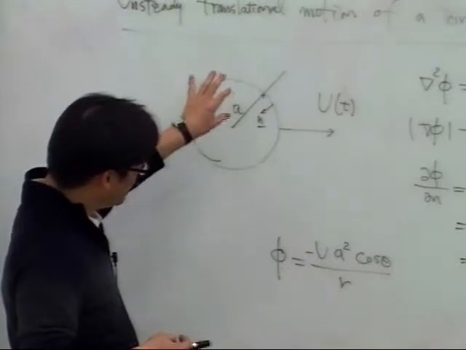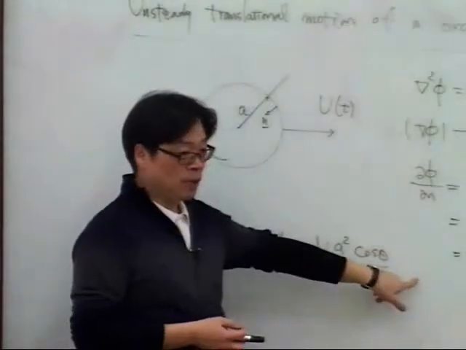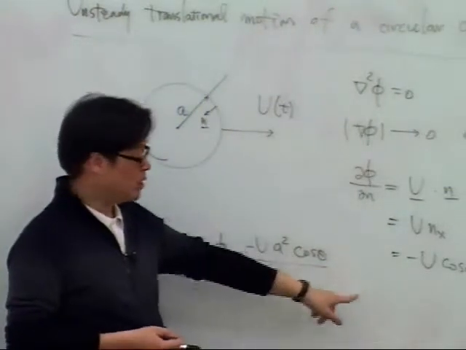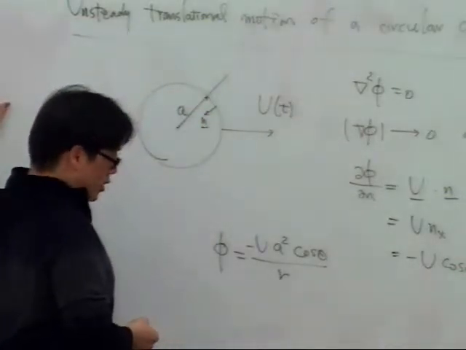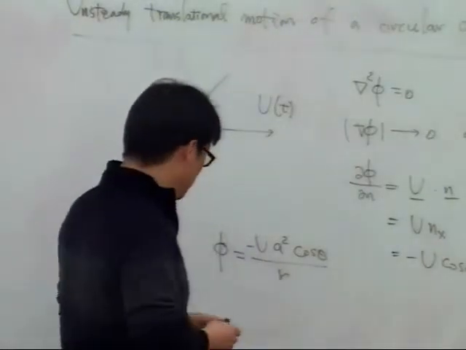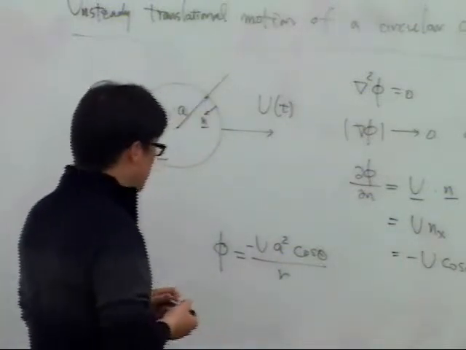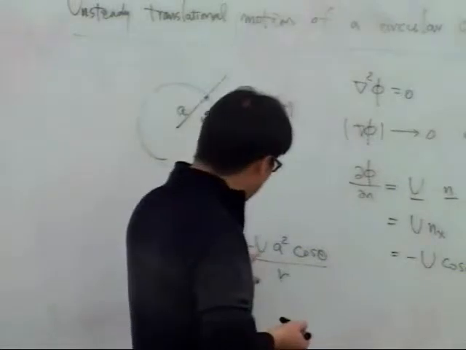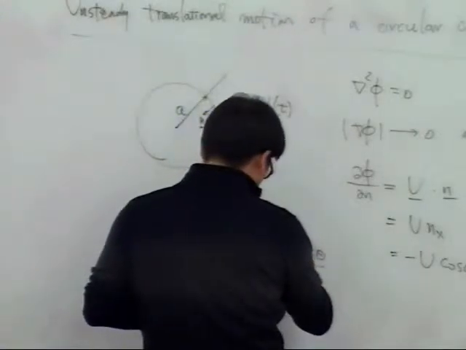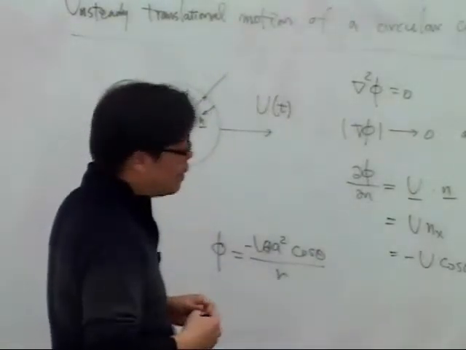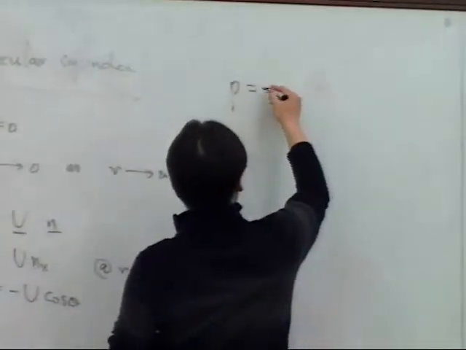if the cylinder is stationary, when we have a uniform flow, then we had the velocity potential for the uniform flow here. But this time, since the body is moving but the fluid at infinity is zero, we don't need the velocity potential for the uniform stream. But this time, this phi depends on time. So u is a function of time, and therefore when you compute the hydrodynamic pressure, which is P,